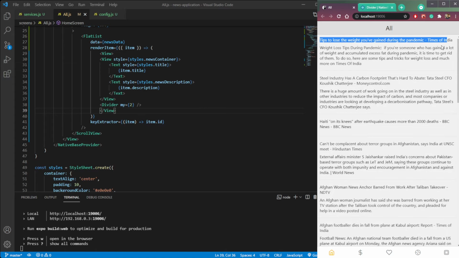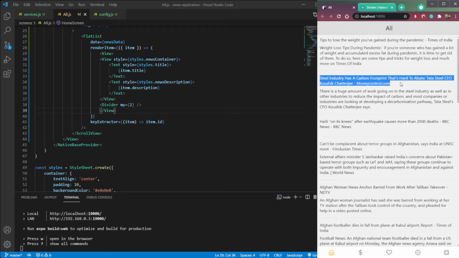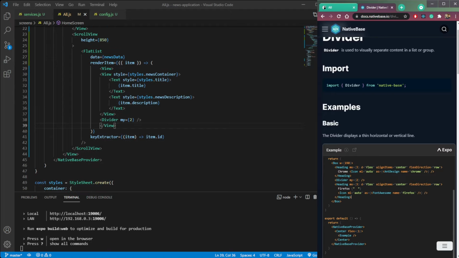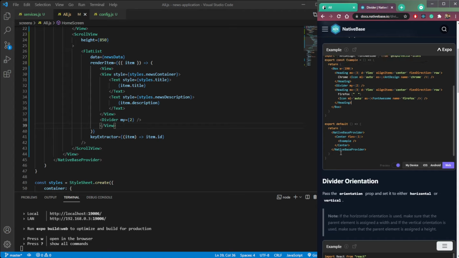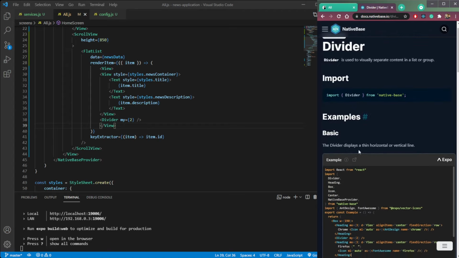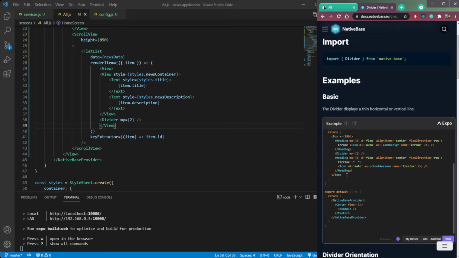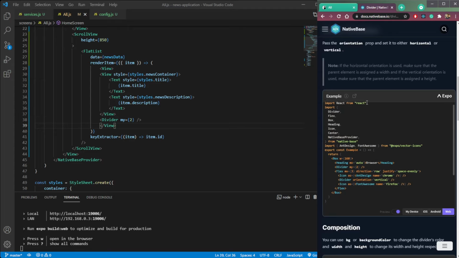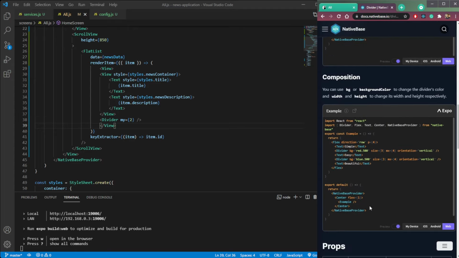Now it is looking fine. So we have title and description, second title, second description. We need to change the color of this divider. So here in this divider, we can do divider, then we need the color, so let's check for color.